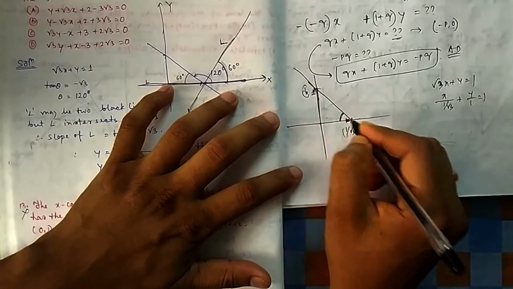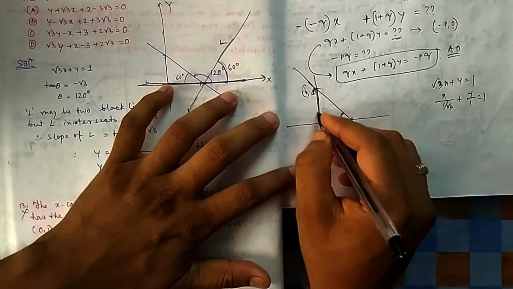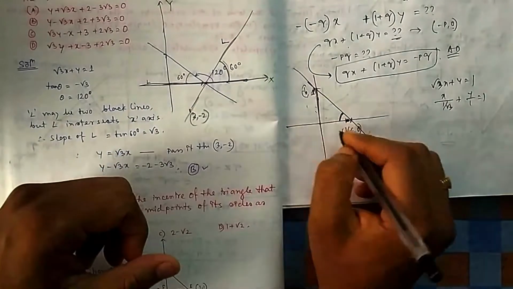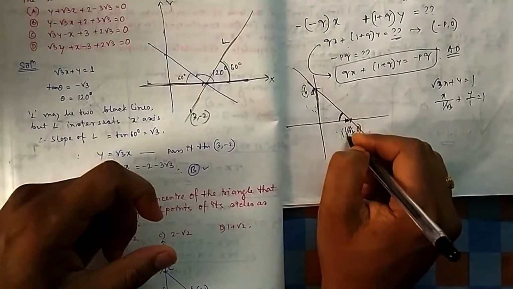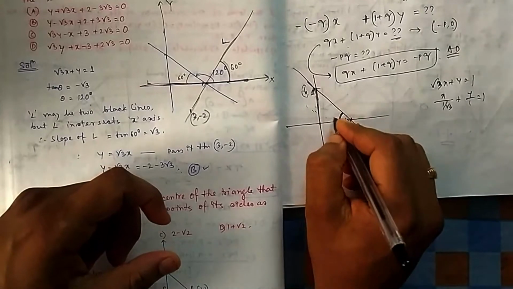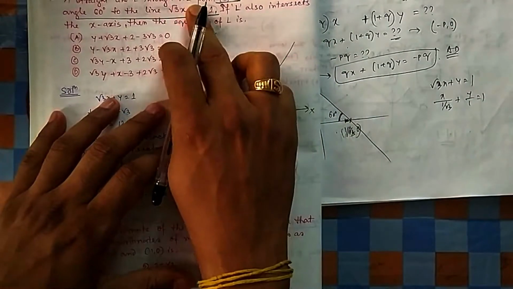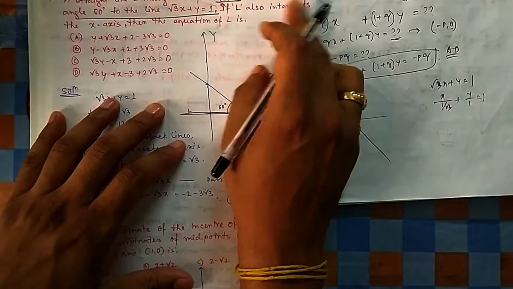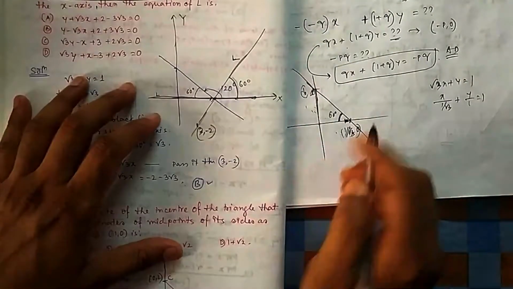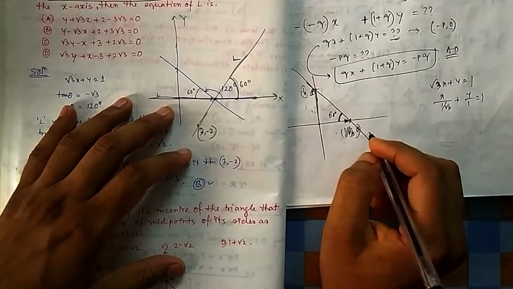Now you can find this angle because 1 and 1 by root 3, these are easy. Which angle does it give you? Height by base, so it is root 3. So it is 60 degree. Now they are asking to find a line which passes through 3, minus 2 and is inclined at an angle 60 degree with this line.